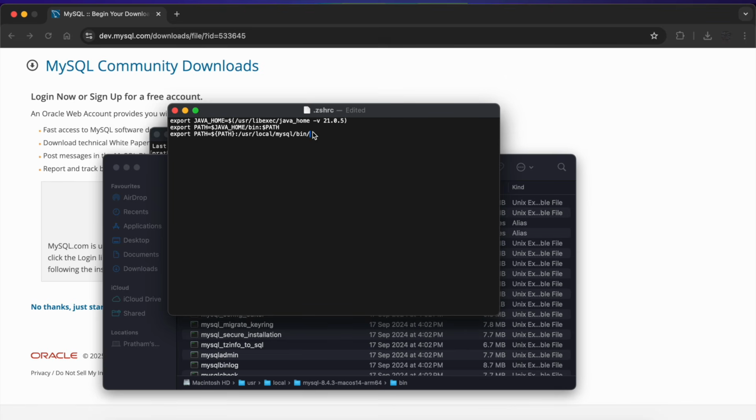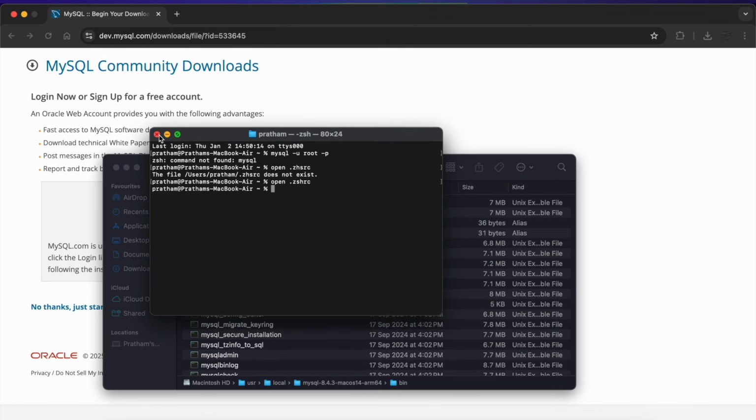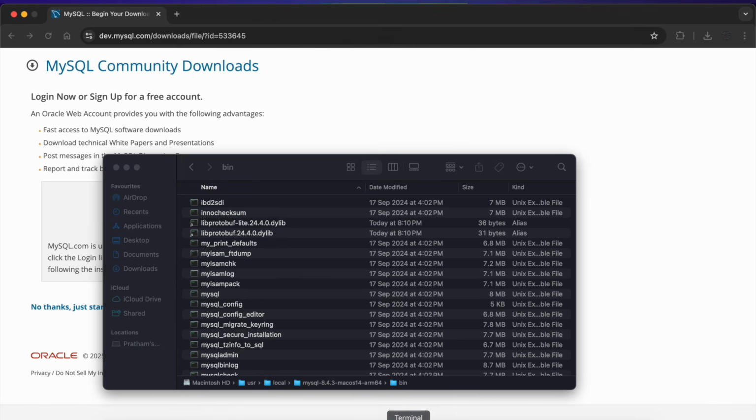Now we will clear this and paste our path. So this is our path. Just we have to do Control S to save, close this file and close this. Now we will open a terminal again,